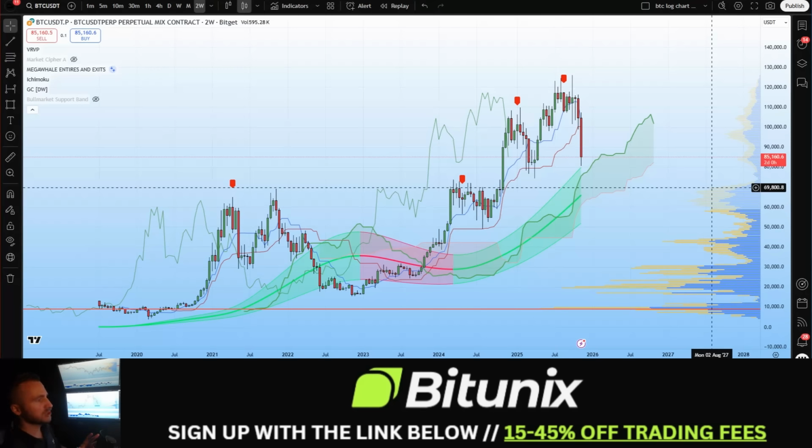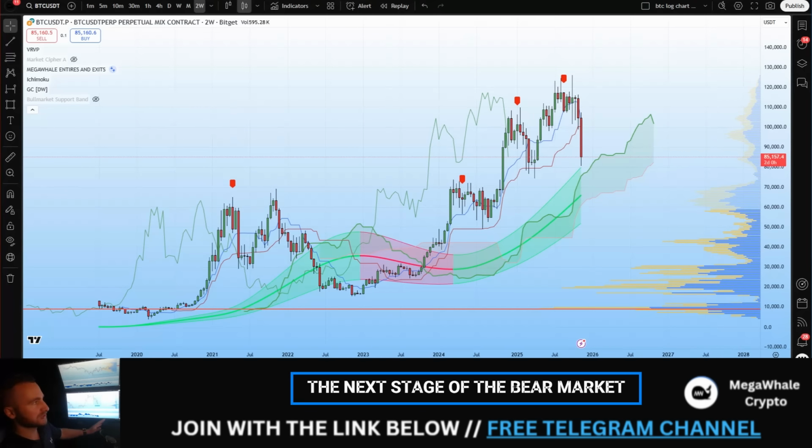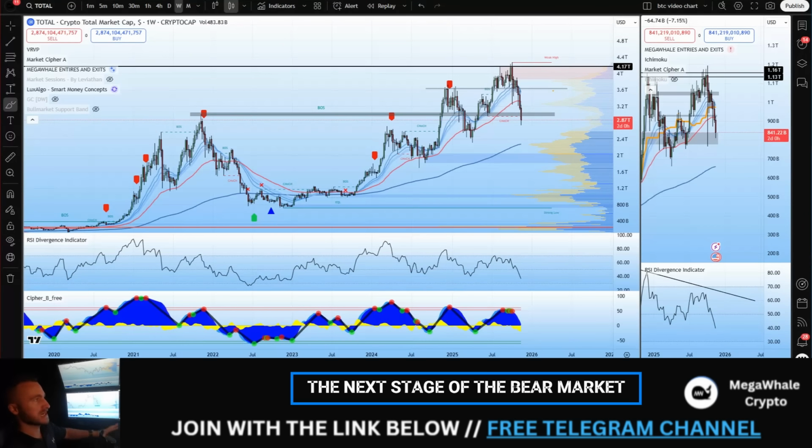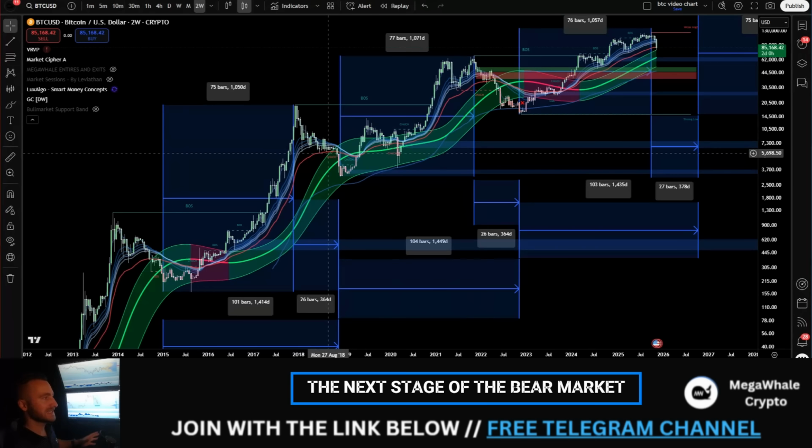I want to really urge you guys to pay attention to this because the 2-week close is going to be incredibly significant at triggering the next stage of this bear market. But we also need to understand, if we look back historically at the price action for Bitcoin on that macro scale, particularly looking at that 2-week level, going back as far as, again, August 2018 and coming back into March, April, May 2022,